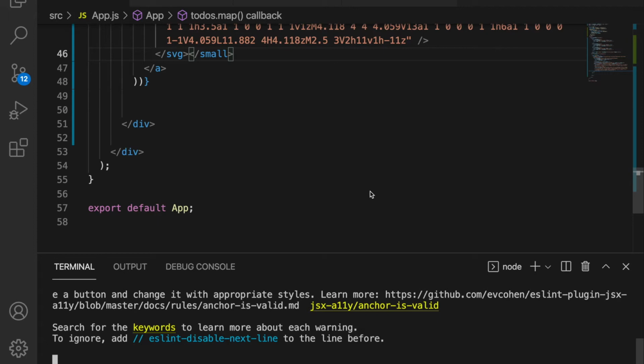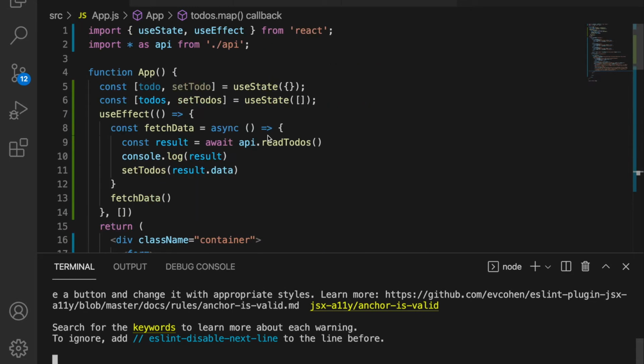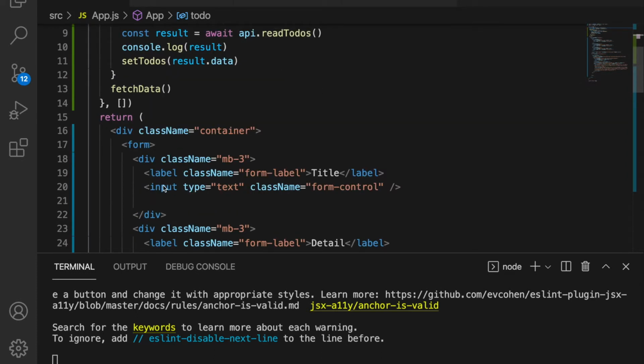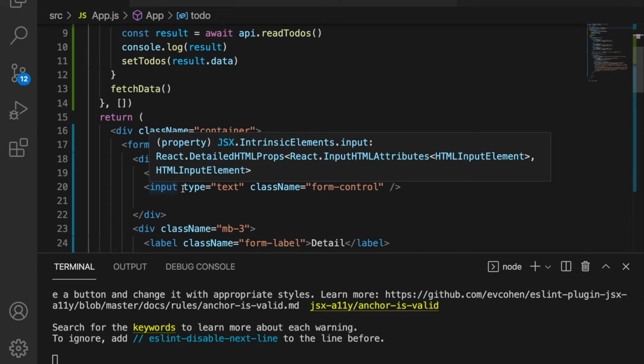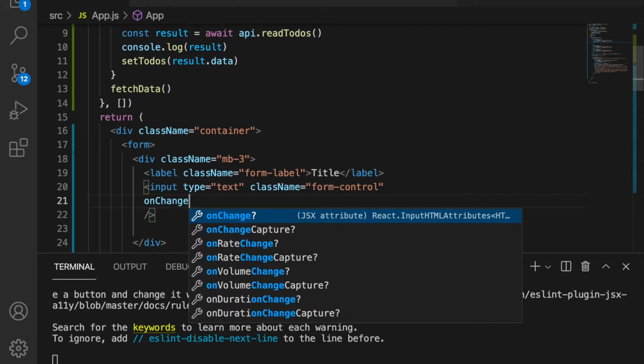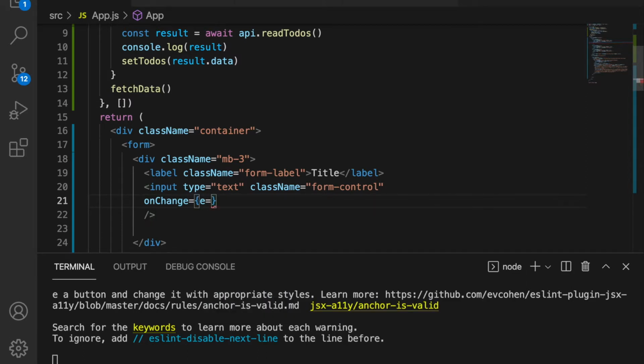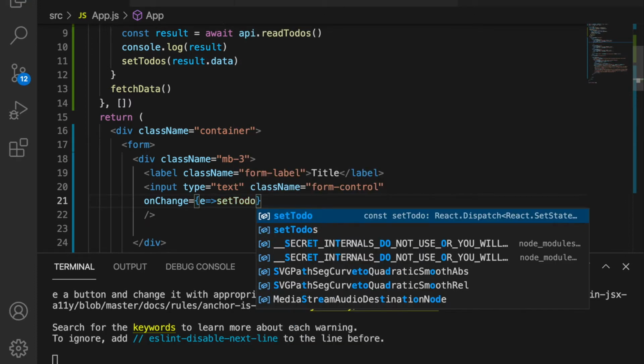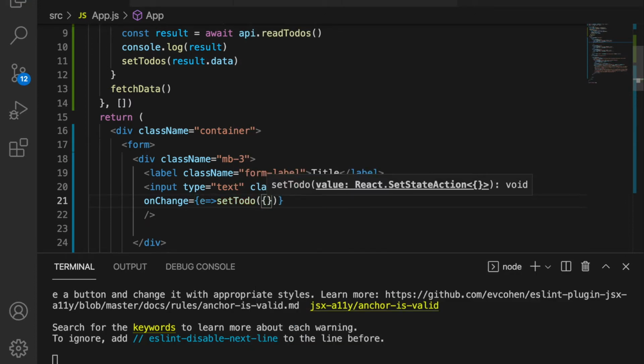In this part, we are going to create the to-dos inside our app. So we already have the use case to set the to-dos, and now we are going to set it inside the input field. Go to this input element and add onChange is equal to e, and then we setTodo, and then we spread the todo, and then we append the title as the